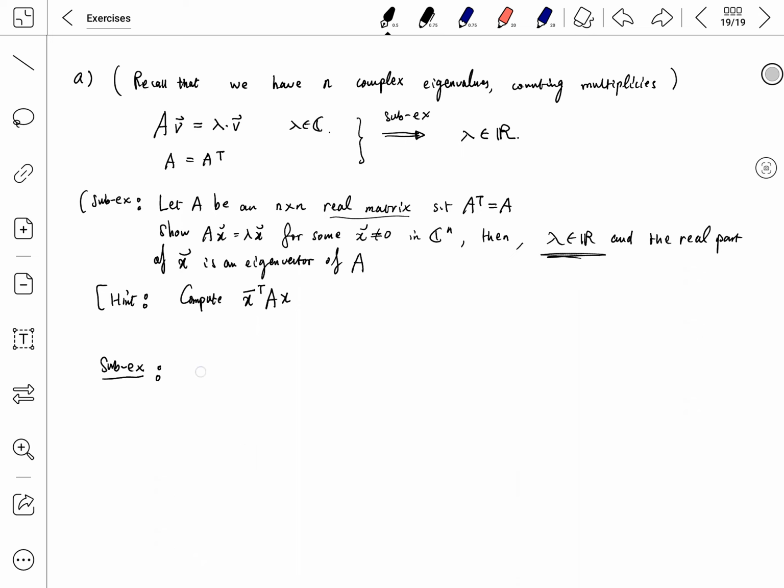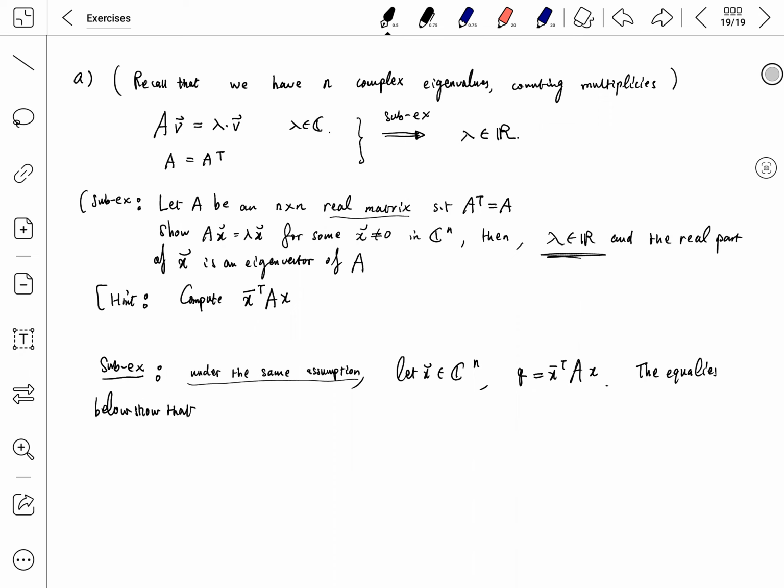Under the same assumption, so we have matrix A, which is an n by n real matrix that is symmetric, and x is again a complex n by 1 column vector. Call Q the conjugate transpose of x, then Ax, the quantity below. Show that Q is actually a real number